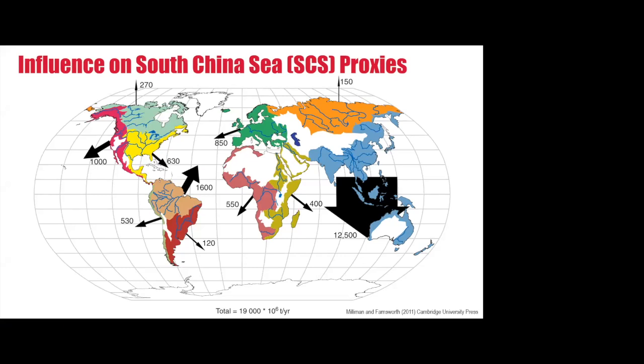So the South China Sea is characterized by complex atmospheric and ocean circulation patterns, which make it an area of great interest for studying changes in the climate system, specifically the East Asian summer monsoon. And changes in the East Asian summer monsoon through time have been interpreted using proxies from sediment cores. However, the South China Sea is situated in a tectonically active area and receives huge volumes of sediment each year from various sources. And these sources have changed through time, sometimes independently of climate, and they can contribute to variations in sediment proxies that might be misinterpreted to reflect climate change.